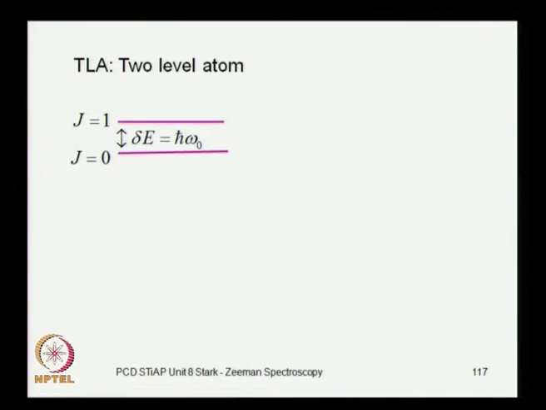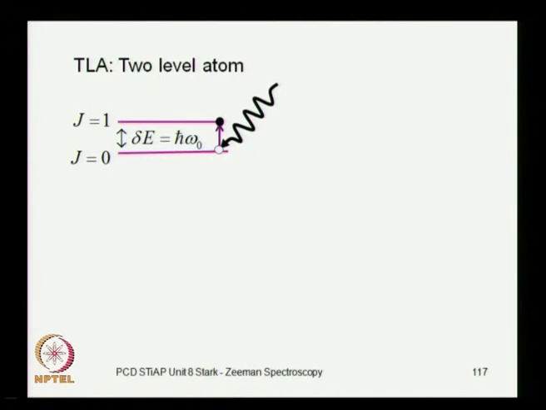This is the wonderful piece of work for which Steven Chu, Tannoudji, and William Phillips shared a Nobel Prize in 1997 for laser cooling. And to understand this process of cooling, we consider a 2-level atom. Let us consider a 2-level atom in a state j equal to 0, and an absorption of a photon could raise it to j equal to 1 excited state, and let us say that resonant light, which is appropriate for this transition from the lower state to the excited state, falls on it, and the atom gets